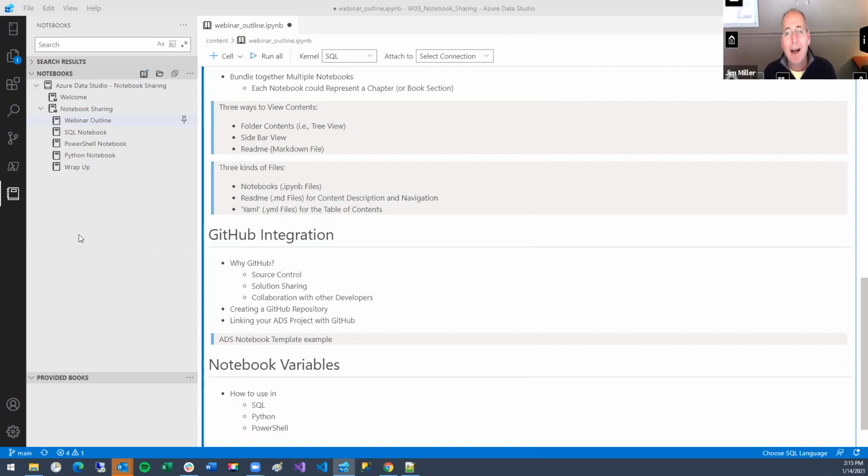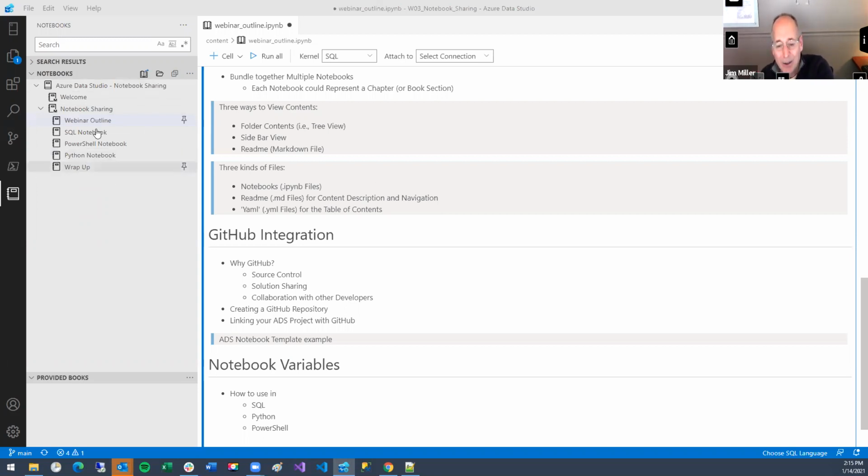It's a table of contents. You can see this is a table of contents. There really is only one to worry about, one YAML file, and that will give you this particular outline. So these are the 3 types of files that are used in Azure Data Studio